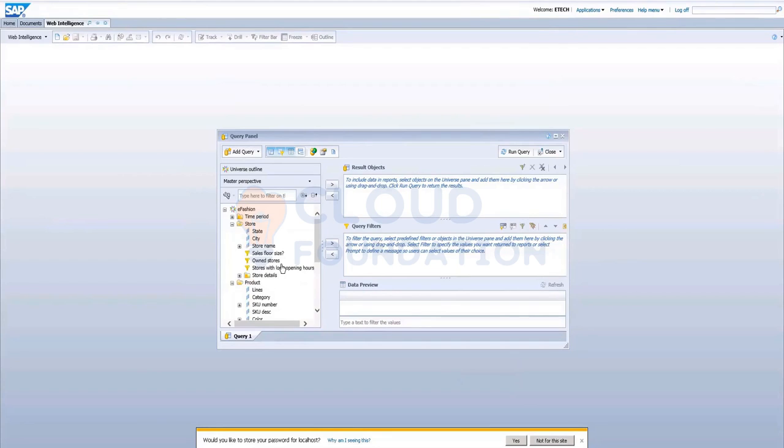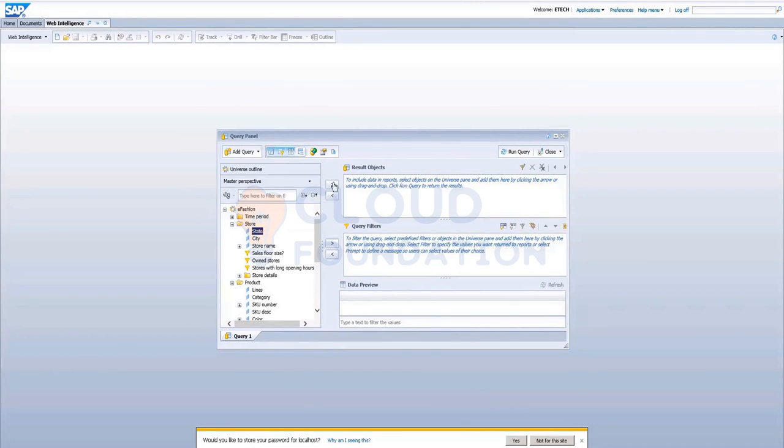These are the available objects. This panel is called the Query Panel. Don't get overwhelmed. It is just an introduction. I'll go into detail in the next classes. I am just trying to tell you how we will create it. This is the Query Panel.